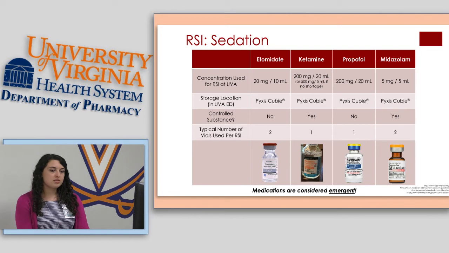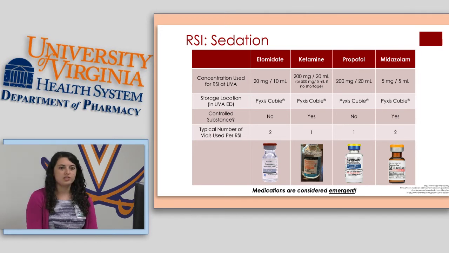So then there's also the typical number of vials that are used for an intubation on here, and this is important just so if you see that the Pyxis only has one vial left of etomidate, that most likely isn't enough to intubate even one patient. So that might be something you want to refill pretty quickly, especially if there's multiple patients coming in for any